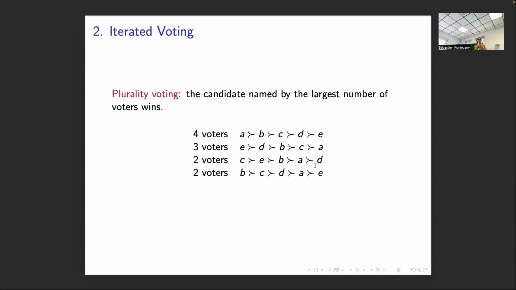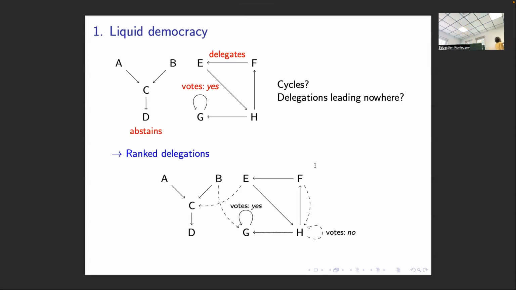Question: if there is a cycle, then the trust no one is. No, not necessarily. Look, I mean, there was a cycle here. But here there are several ways of resolving this cycle. For instance, we can say, okay, E delegates to H, and then H votes. Look at that. H has a first choice, which is to delegate to F, and a second choice, which is to vote. Okay. H is not confident about this issue.